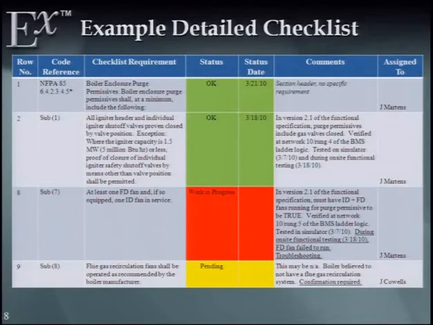There needs to be some easily understandable requirement that's expressed. So this can be copied, paraphrased, elaborated upon, whatever the case may be. There needs to be some sort of a status indication. I like to use simple wording and colors that make sense. Green means it's done, you're good to go. Red means no, it's not done. Yellow means we don't really know right now and we're working on it. Follow-up criteria, status date,